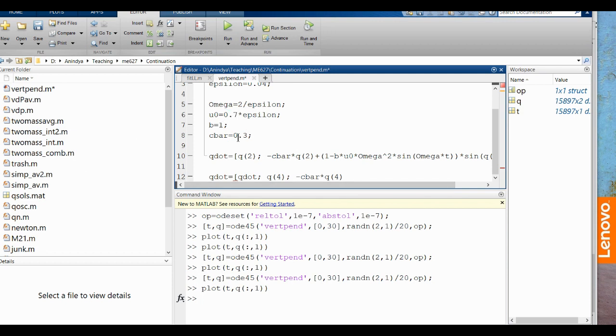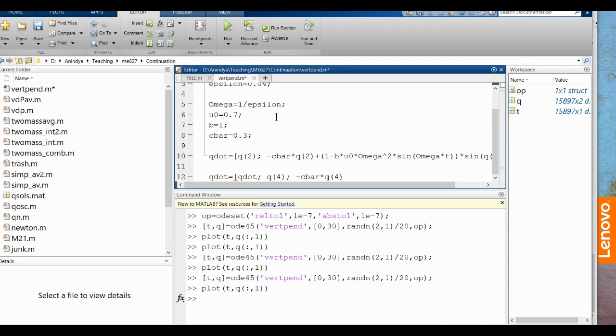So that's one problem. I will fix that. You will see what I'm doing. U0 in our case now is this 0.7. The omega I had written as 2 by epsilon. That was another problem. Let me say omega is 1 by epsilon first, because that is what I have done in the other case. Let me say U0